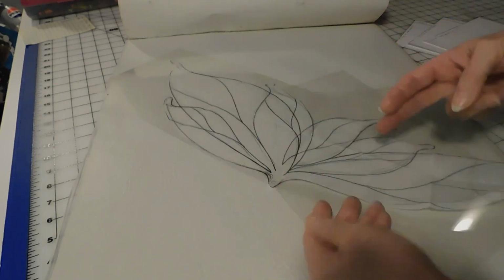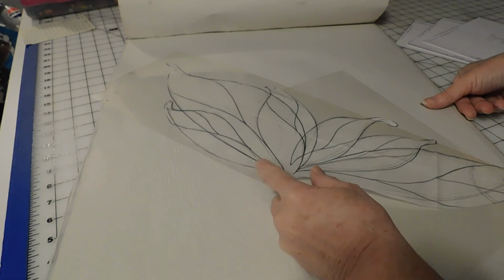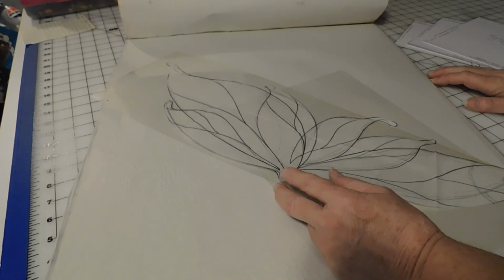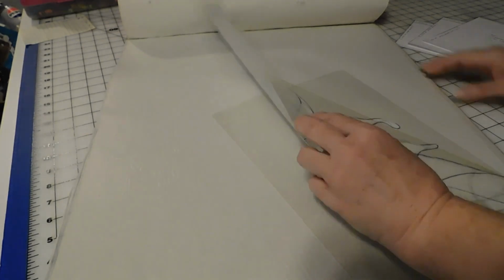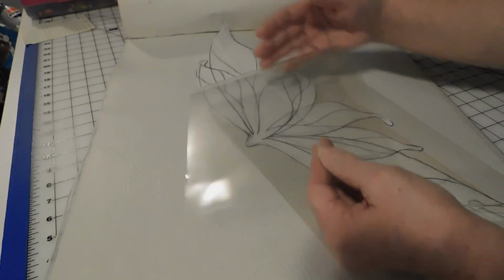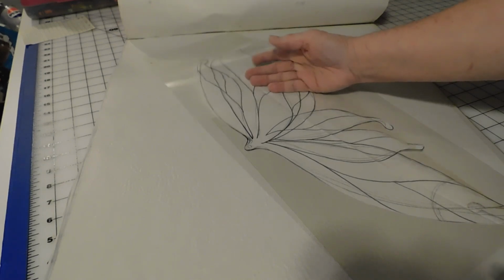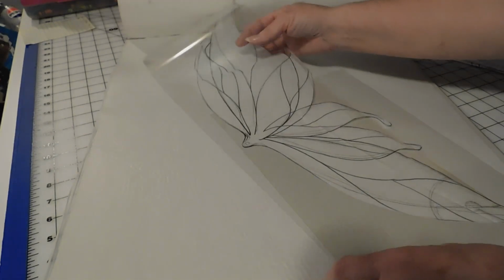And trace it on, and then color it in with the Sharpie markers. I have found I like using the Sharpie versus paint because this is flexible, and if it bends, most paints will crack and peel off. But if you're using a Sharpie permanent marker, you maintain the flexibility of the plastic and it doesn't ruin the